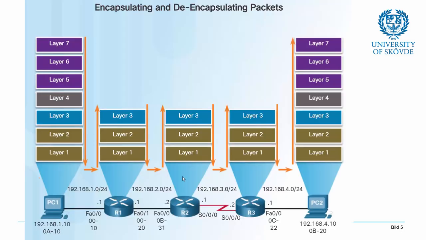So how this happens in theory is, remember, we have the OSI model with those 7 different layers. When a PC, in this case PC1, wants to send something to PC2, it takes whatever is on the application layer, maybe it's a web package, an HTTP package, or an email, and it goes through the OSI model, and there is a new layer of information added at each layer. So at layer 4 we have the port numbers, at layer 3 we have the IP addressing, at layer 2 we have the MAC addresses, and at layer 1 we convert the package into bits that can be sent over